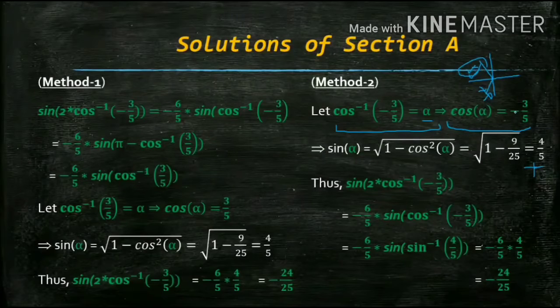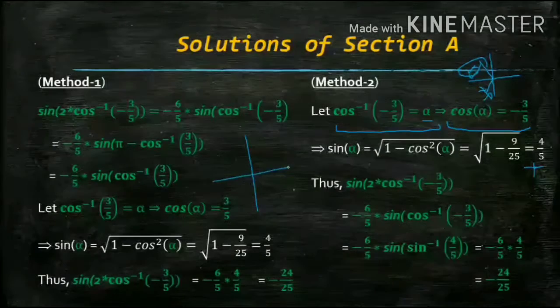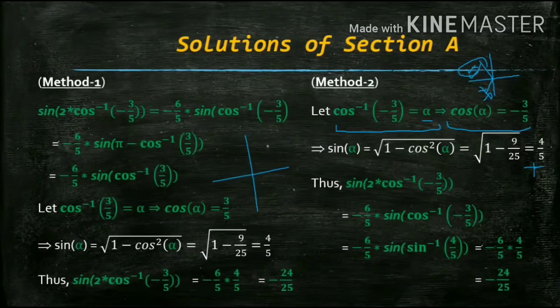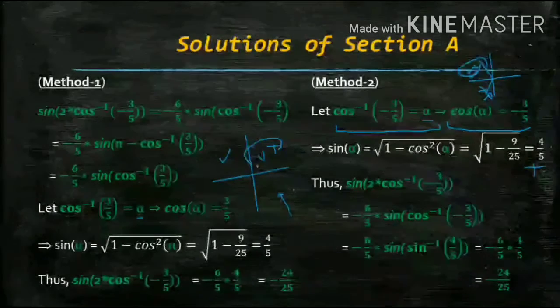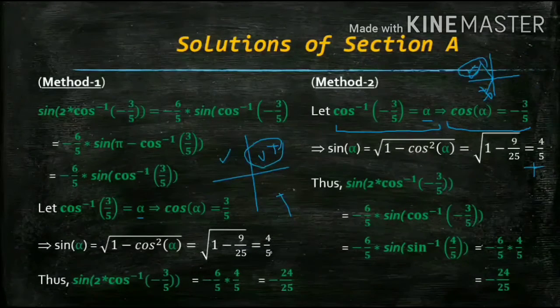Okay, because of this negativity, the angle lies either in the second or the third, but because it's the principal value, the inverse cosine lies in the closed interval 0 comma pi, that is either in the first and second, so the common one is the second. That's why sine is positive in the second, so that's why we have taken positive. Now coming to here. Here cos alpha is positive. Cos is positive in the first or the fourth quadrant, and cos inverse 3 by 5 is alpha, that means it's the principal value or the range, which lies in the first or the second quadrant. So the common one is the first only. Again the first, so sine is positive in the first quadrant, that's why I have taken positive.